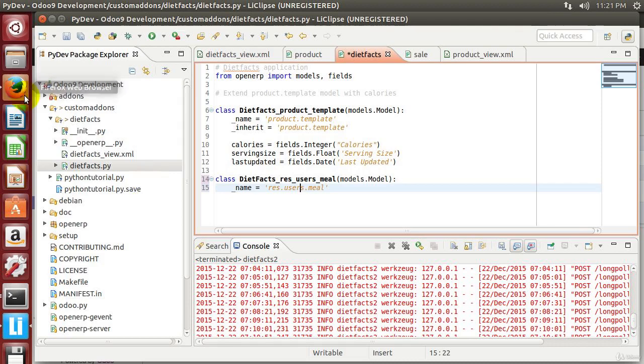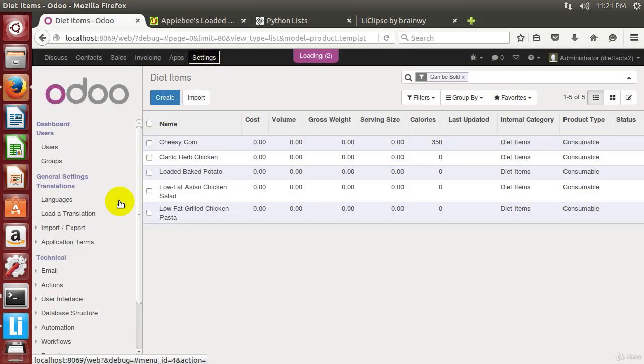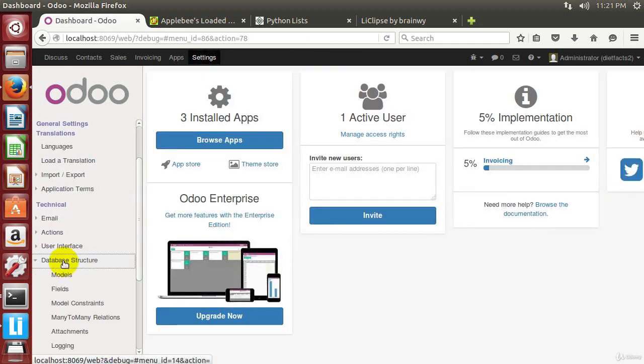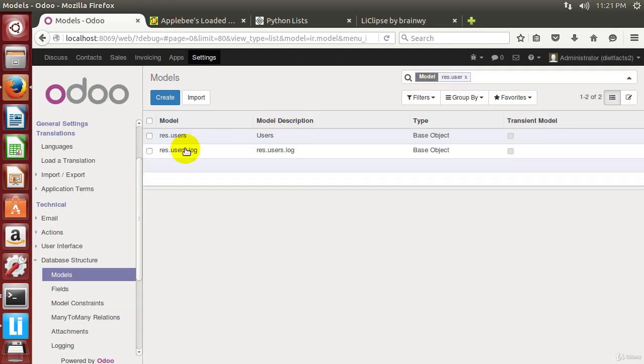Let's look at our syntax real quick by going to settings and going to the database structure and looking at models. And I know res.user is a model within Odoo. So this is why I've picked res.users to be where I'm going to say basically that these are the meals for the users. And so anybody who's a user within Odoo, and that could be a portal user, somebody that